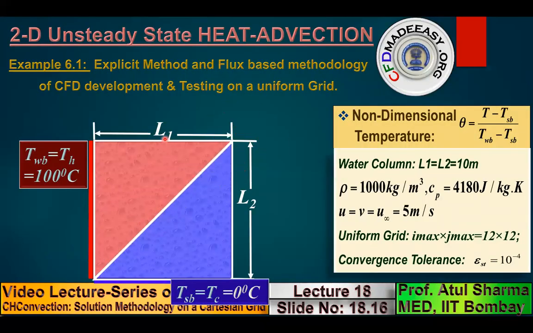So if you take the vertical center line, below the center line you have a temperature 0, and above the center line you have an analytical solution which gives you the temperature 100. From y equals 0 to 0.5, the analytical solution is temperature 0. From 0.5 to 1, the temperature is 100. If you express it in a non-dimensional form, from 0 to 0.5 theta is 0. From 0.5 to 1, theta is equal to 1.